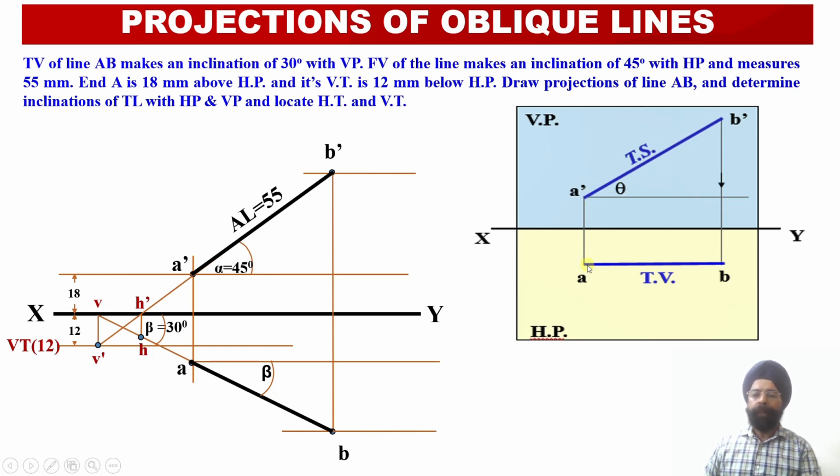Whenever my apparent length in the plan, or the top view, happens to be parallel to the vertical plane, if I draw a projection line onto the vertical plane, I will be able to obtain the true length of the line as well as the true inclination angle theta of the line with respect to the horizontal plane. So I have already obtained the apparent length projection of the line AB in the plan, but the projection line AB happens to be inclined with respect to VP at an angle of beta.